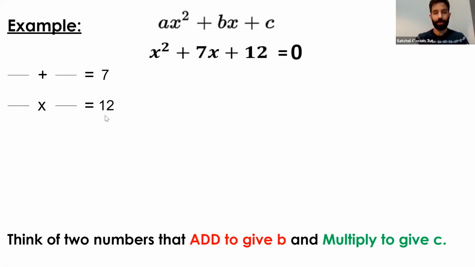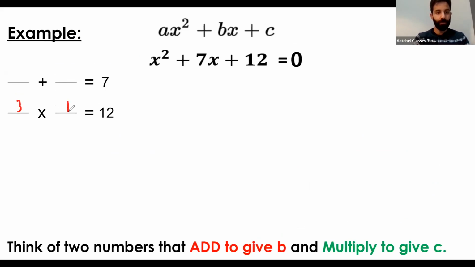What are those numbers going to be? Well, 3 times 4 gives us 12, and 3 plus 4 will also give us 7. So these two numbers will satisfy both conditions. And if you were ever stuck, you can think about the factors of